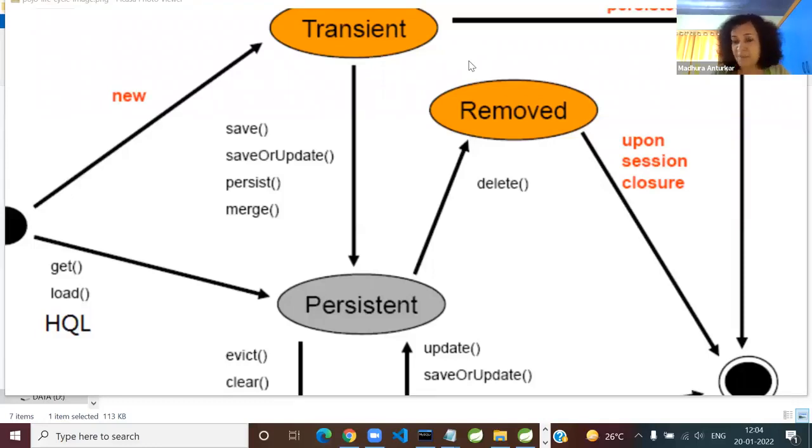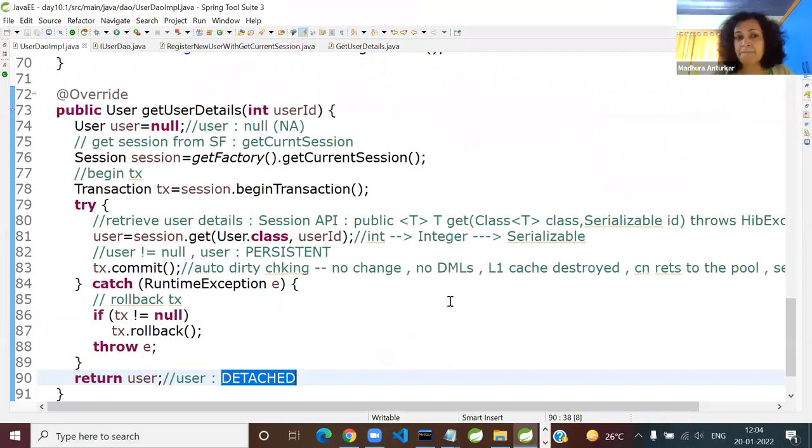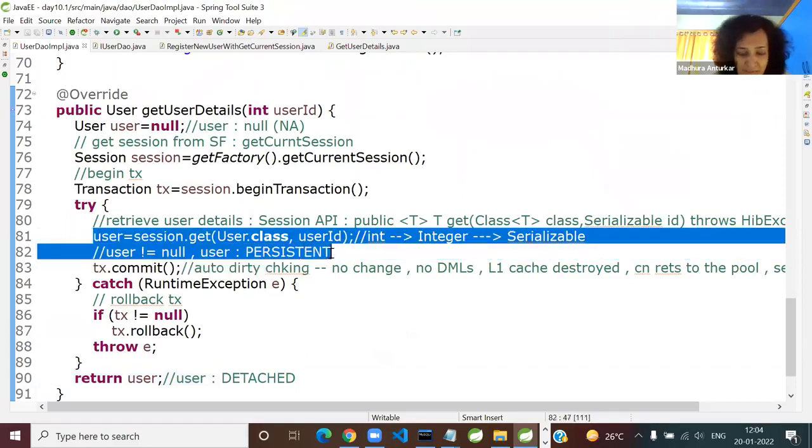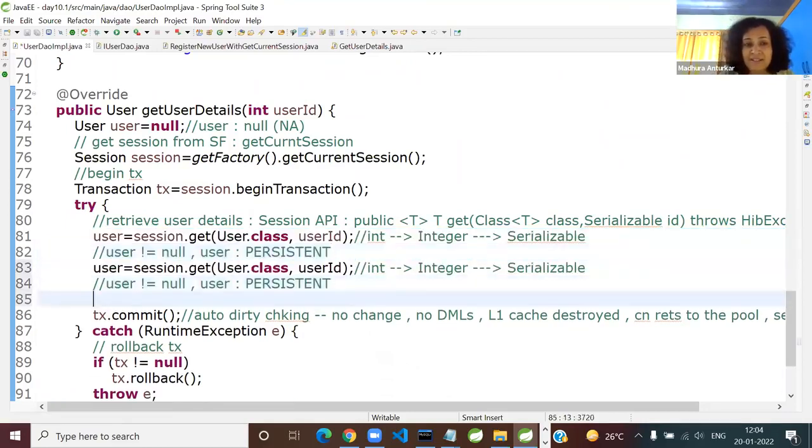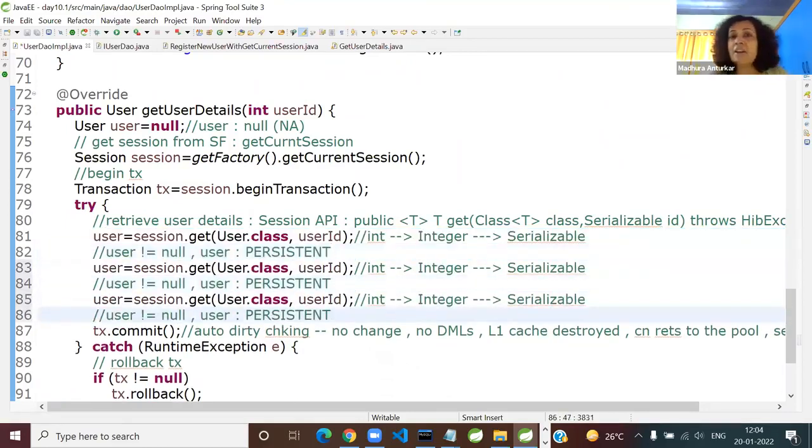And now something more. So follow this. Here, copy this line. Unless you play with the code, you are not going to understand it. Just do it something like 2-3 times. Just copy paste it 2-3 times. Call that session.get method a couple of times. And the question being asked is,